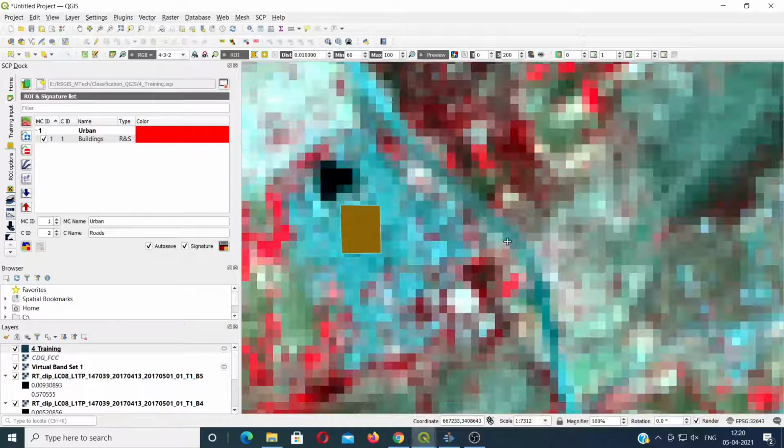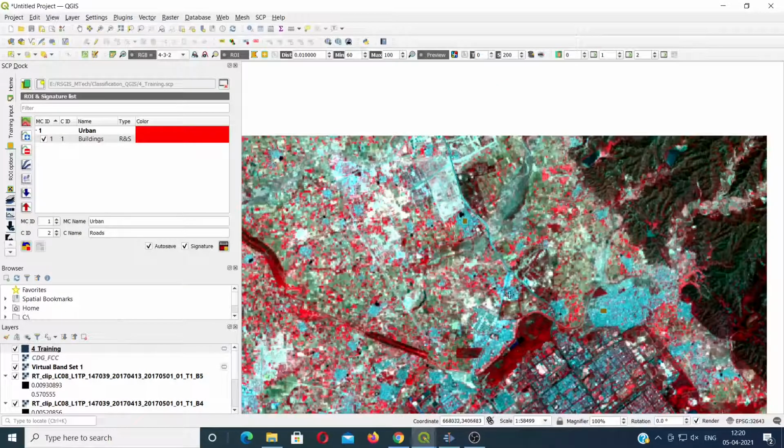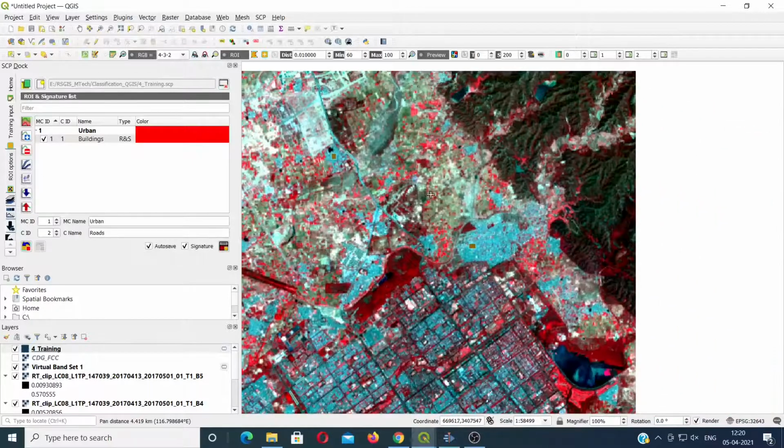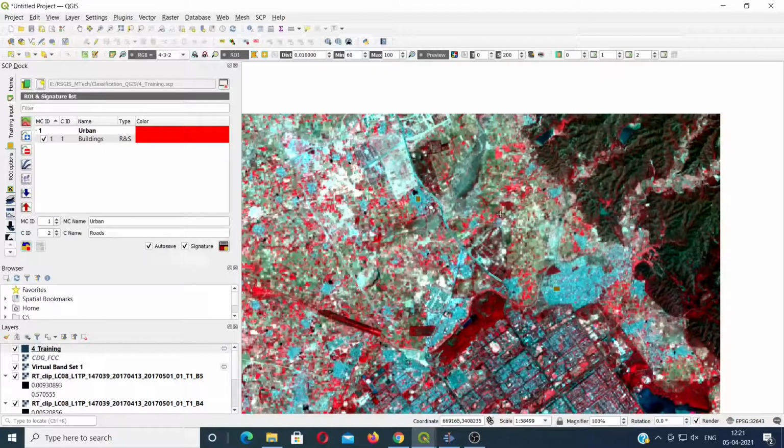I'll try to digitize this. Please be careful while selecting this kind of roads. Because I know this particular area, I'm directly going and digitizing, but it is advisable to study the area beforehand: where the roads are and how the road locations are present in that particular image. Based on that you can go for digitizing the roads. Now I have taken sufficient road signatures.